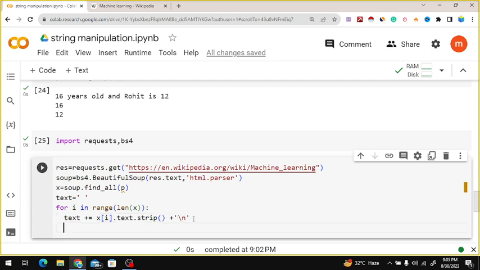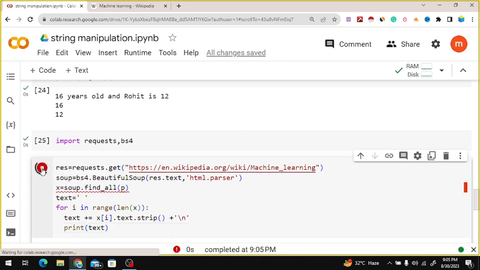Let's see, print text. So let's see what happened. It had been printed, but x.find_all isn't working.